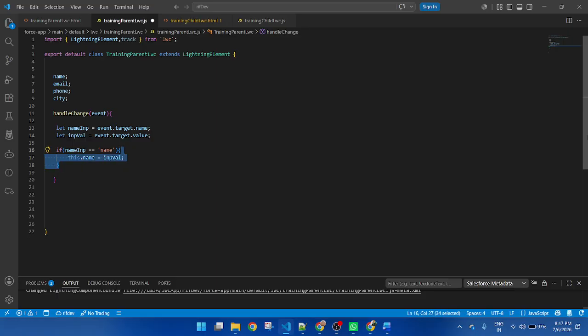So I store the first input value, that is the name. Then I am storing the value for email, using else.